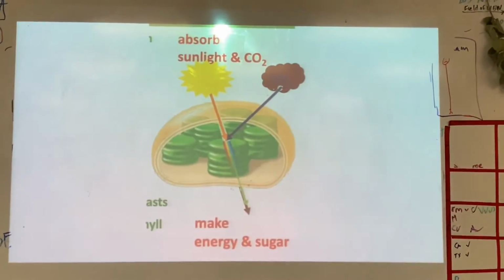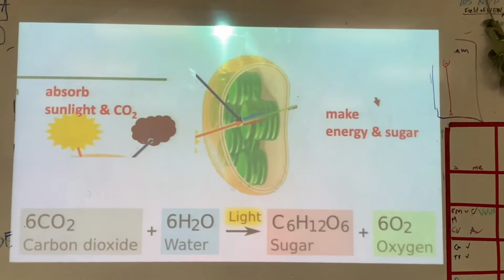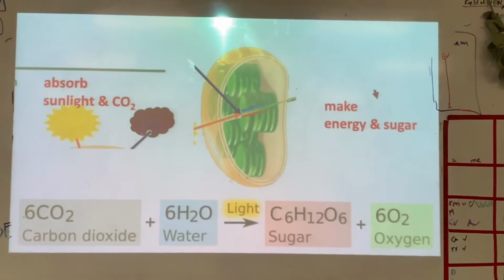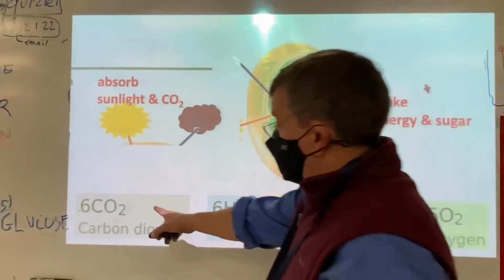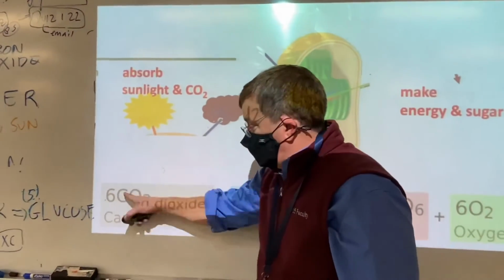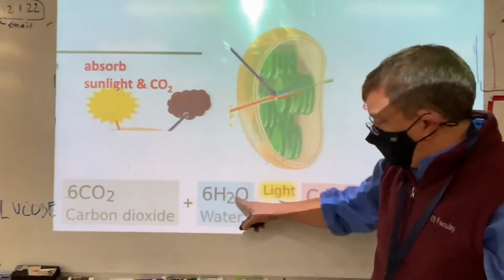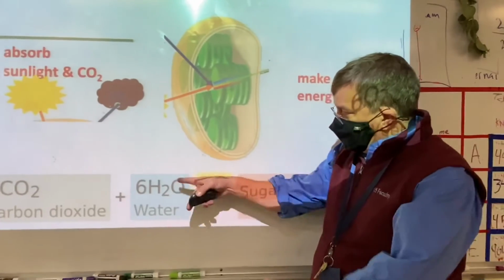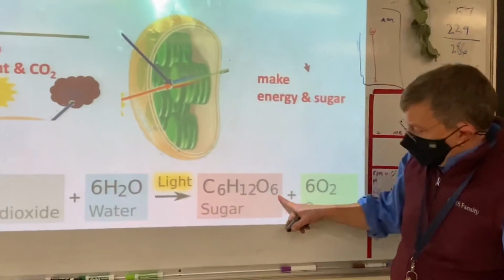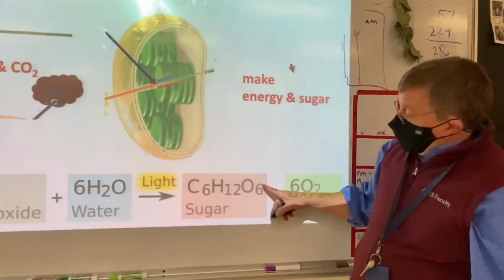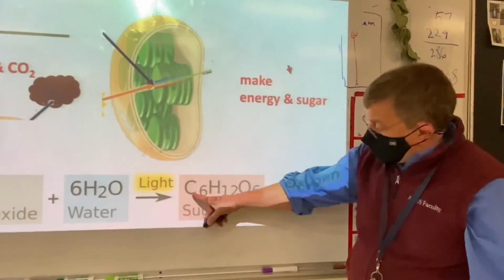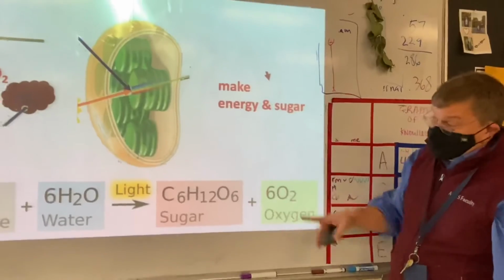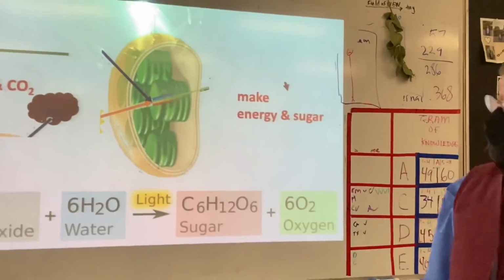And for those of you that are particularly interested in this little challenge, you can write the formula for it, which is this chemical formula down below. So carbon dioxide is represented by this formula here, CO2, and it mixes with water, which is H2O, and then it takes light and takes the energy from the light and puts it into a molecule called sugar. And that molecule has a formula that's this, C6H12O6, and it also gives us oxygen, okay? So if you come over here,